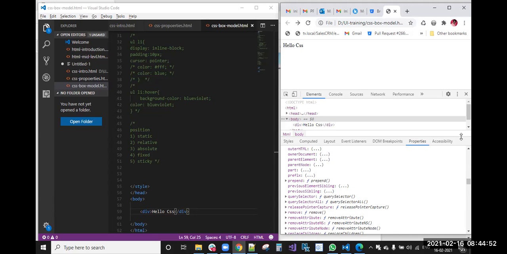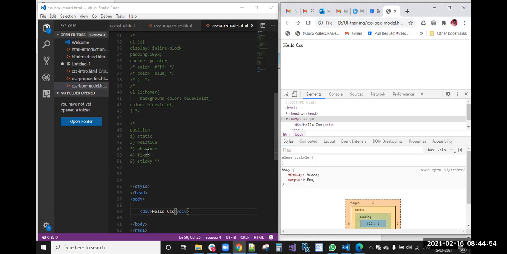Yeah, by default it won't show you. So what I will do, I will apply position static. See, I'm applying position static also. There is no change, the element has not moved anywhere.